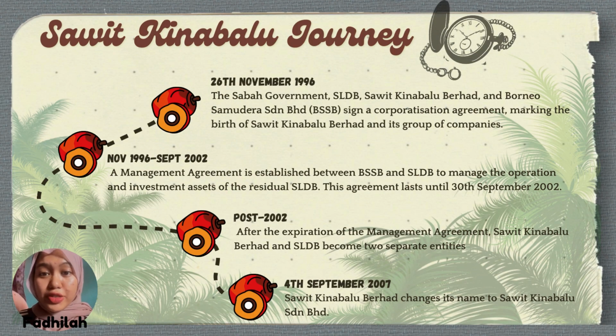So now let's learn about the Sawit Kinabalu journey. Sawit Kinabalu Berhad started on 26 November 1996 when SLDB and BSSB signed a cooperation agreement, marking the birth of Sawit Kinabalu. Then from November 1996 until September 2002, a management agreement was established between BSSB and SLDB